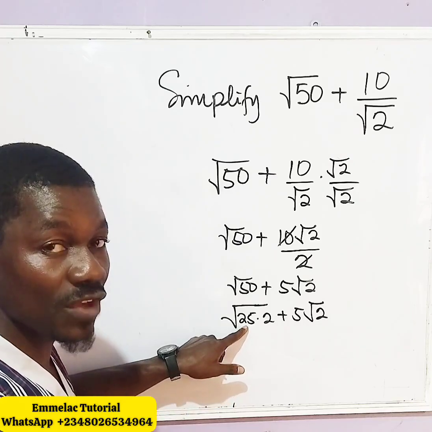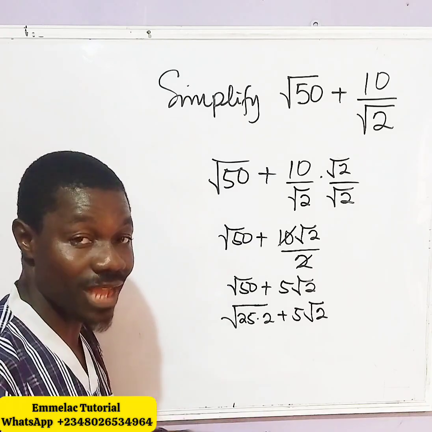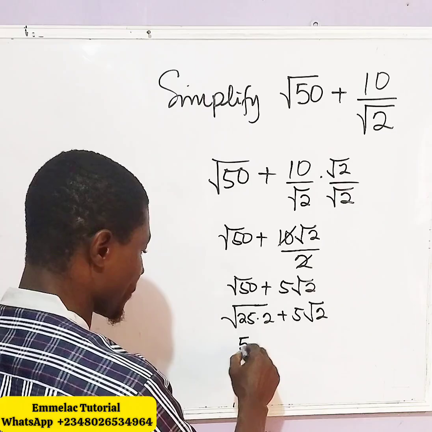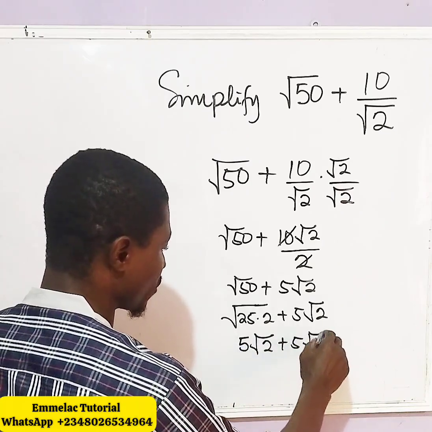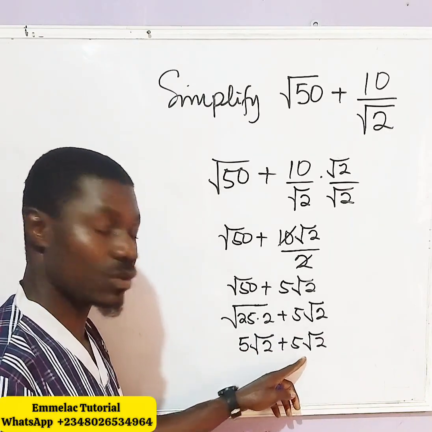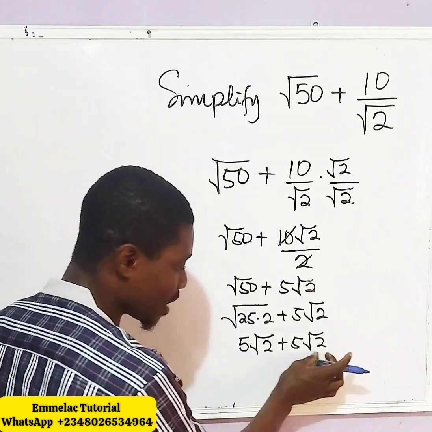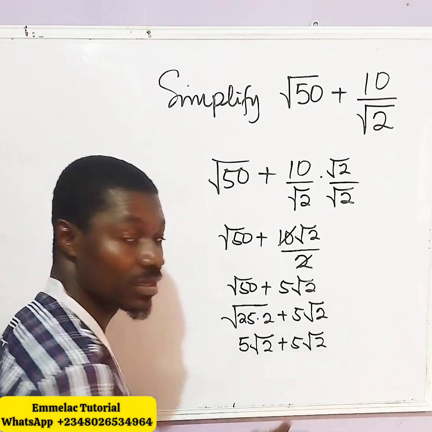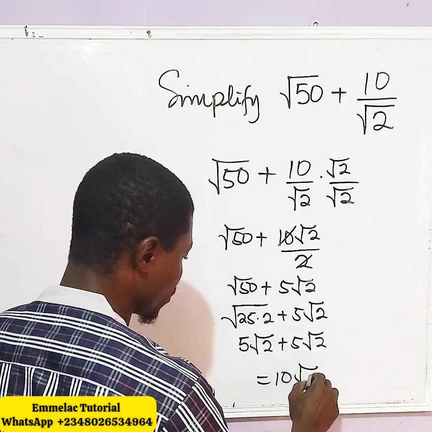So this 25 here, the square root of 25 will become what? 5. So it now acts as a multiplier to the square root of 2, then 10 the same. So that would be 5 root 2 plus 5 root 2. And when we sum up, what we are summing up is because it has the same radical term. So that will give us what? 10 root 2